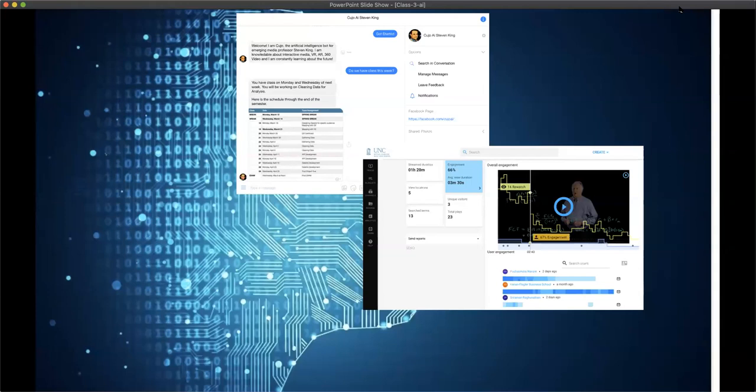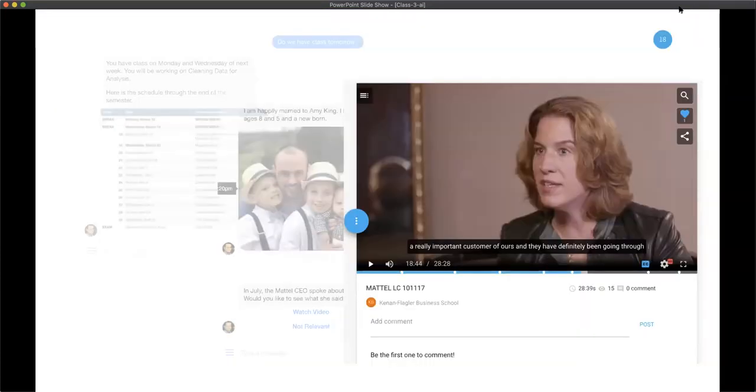So we've built a few projects that use natural language processing, but one of the ways we're seeing natural language processing is through video content, things that are already created. So here's an example where the CEO of Mattel, about 9 months before Toys R Us filed for bankruptcy, had said how important Toys R Us was to them reaching their customers. Now, no one really remembered that she had said this,